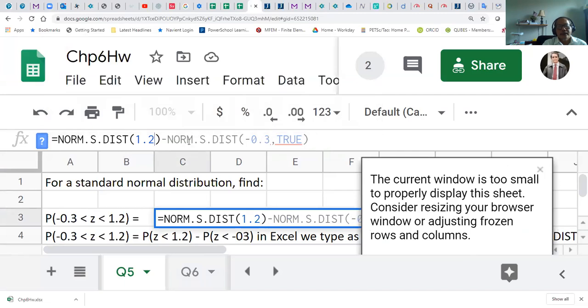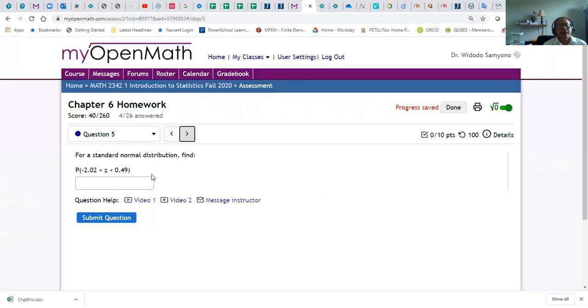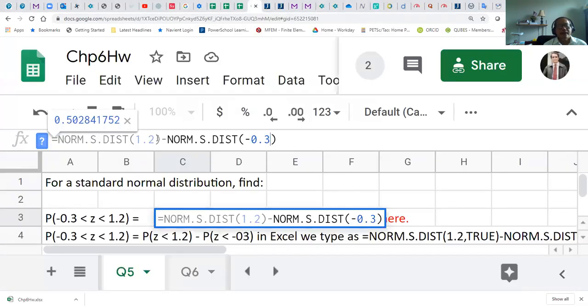It automatically looks for the cumulative distribution. So the one on the right will be the first number here. In this problem, it will be 0.49. So 0.59 first, right? 0.59,